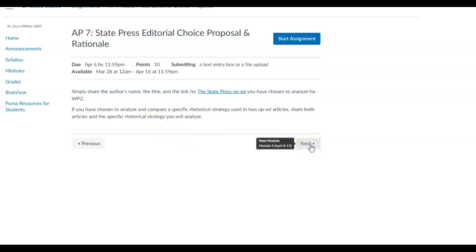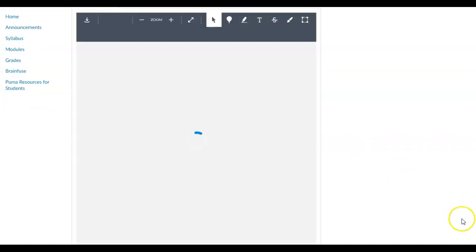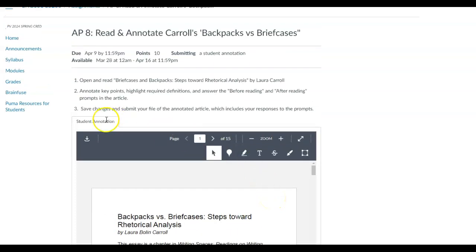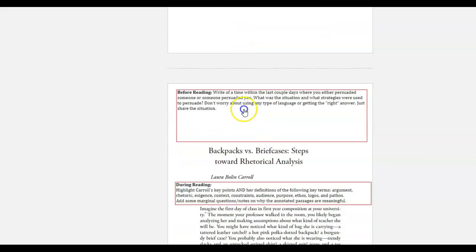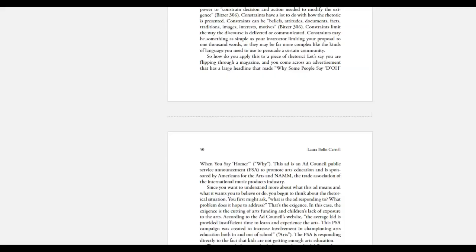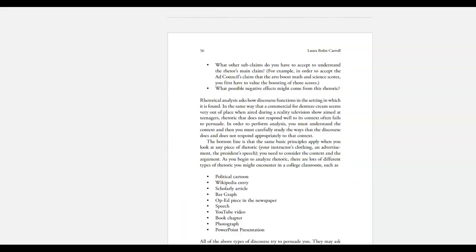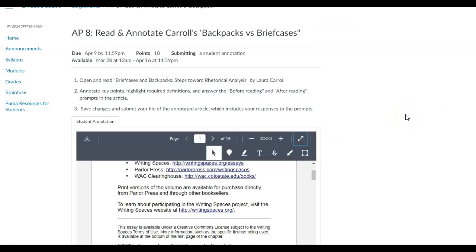Now I'm going to look ahead into our Module 4, and something that is due the following Tuesday is an article that I'm asking you to annotate and to look for some specific things. There's a before reading prompt. There's a during reading, where I'm asking you to find some definitions, and then after is an after reading prompt, clear here at the bottom. You're going to fill out all of those, and this is a longer article. So don't wait until next week. I'm giving you a heads up now, because you might want to start this.